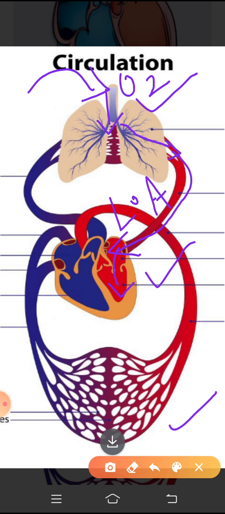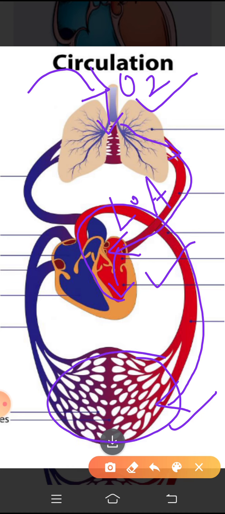enters the left ventricle. Now from the left ventricle, the oxygenated blood goes to the different parts of the body, where the body cells receive the oxygen and perform cellular respiration. You know what cellular respiration is and why the cells need oxygen, right? I have explained this under respiration. As a result of cellular respiration in the body cells, carbon dioxide is released into the blood. Now the blood becomes deoxygenated.